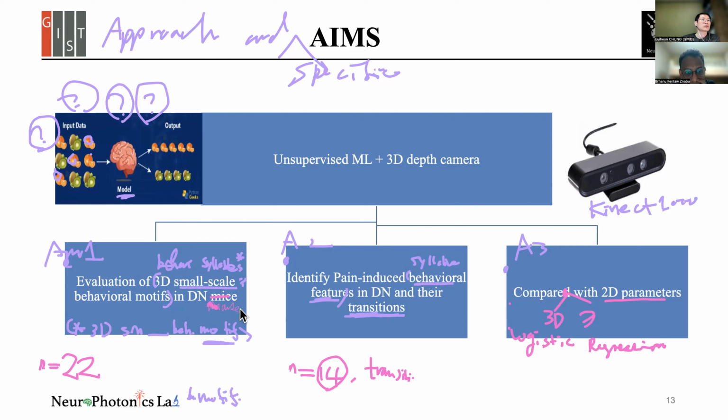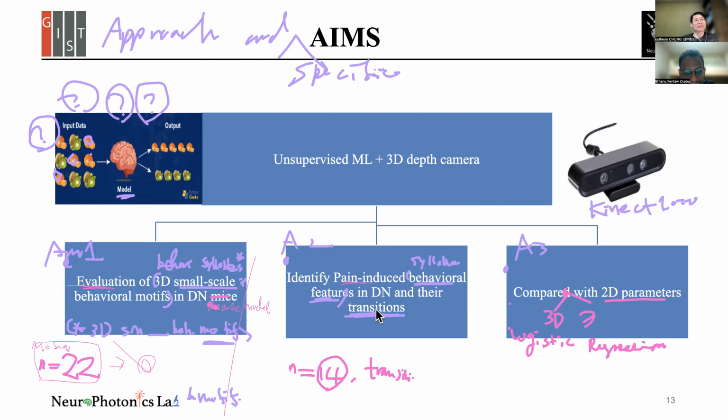Mouse model, okay? And aim two is now you're applying this to find out pain-induced features. So this is, in fact, its application, whether it works or not. You apply this. This is from MOSIC, right? You apply it to see if it works. This is testing whether it works or not. And after it works, you